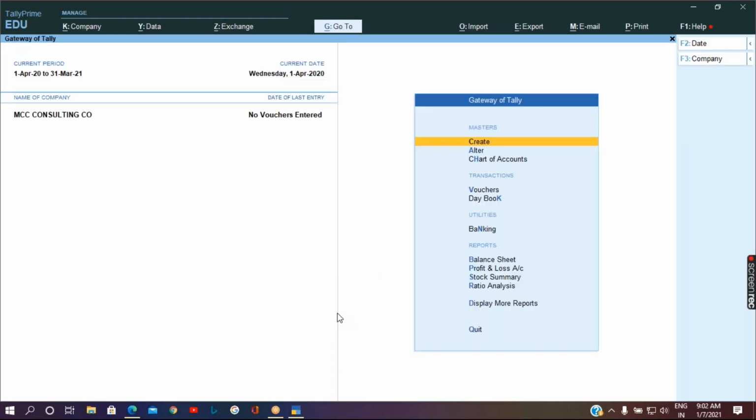Yes. When I open Tally, instead of showing me the list of companies, you can see that this company has been opened automatically. It is not showing the list of companies.